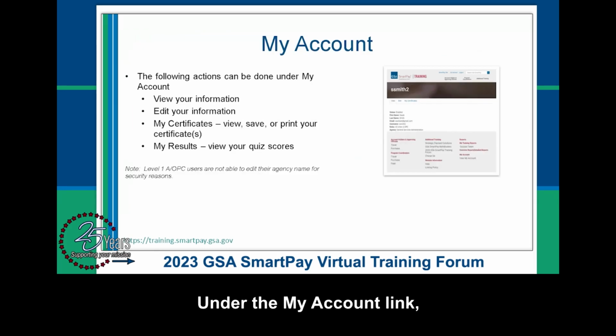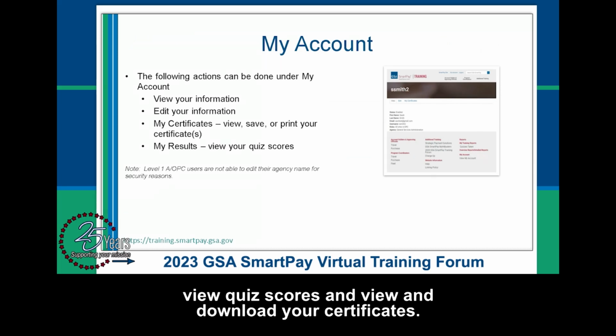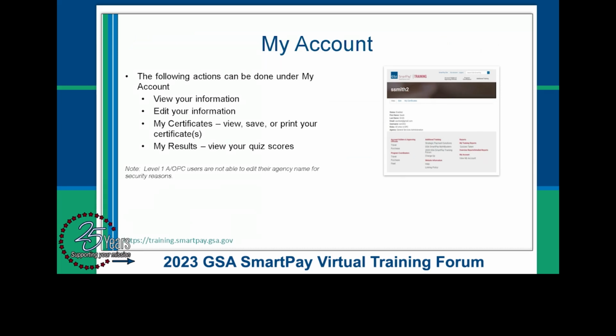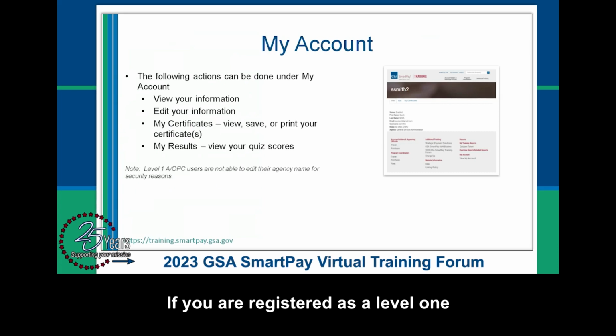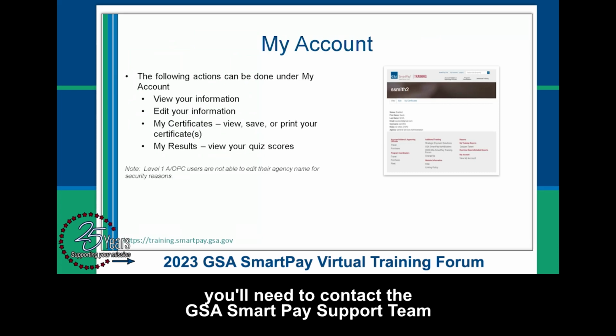Under the My Account link, you can review or edit your information, view quiz scores, and view and download your certificates. For most users, all information can be edited. Level 1 AOPCs may not edit their agency name. If you are registered as a Level 1 and need to change your agency, you will need to contact the